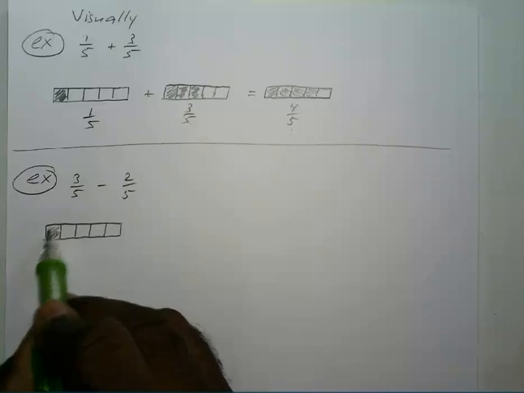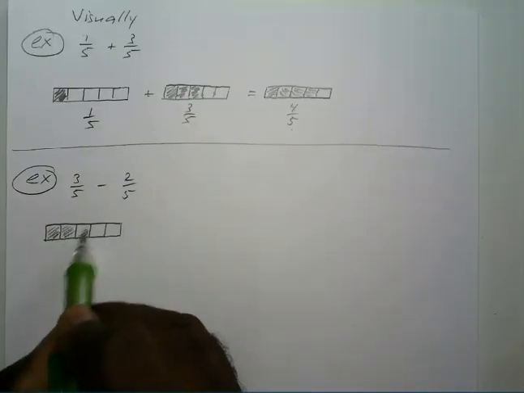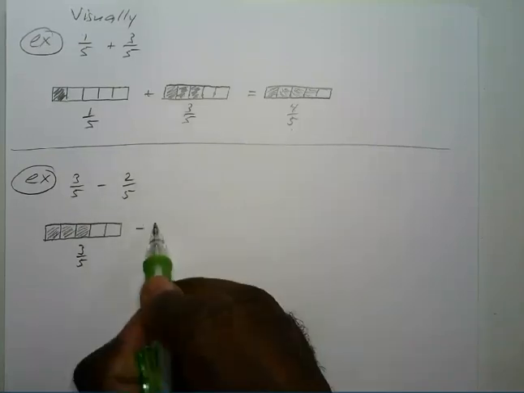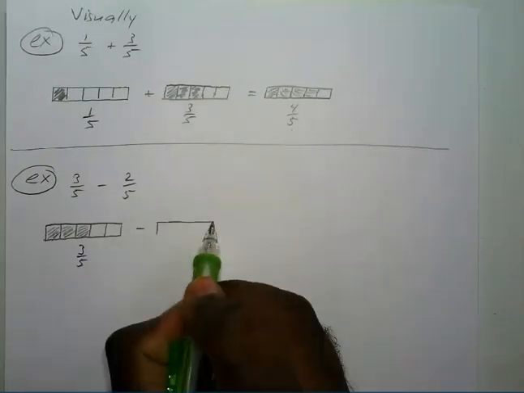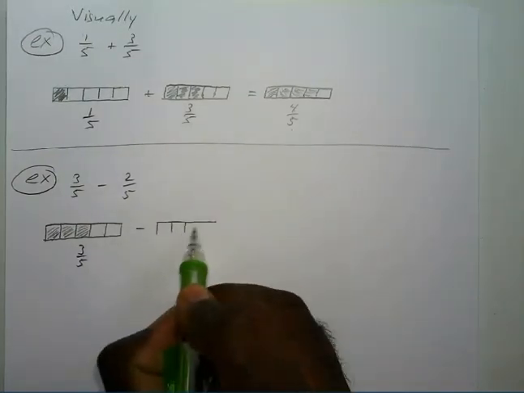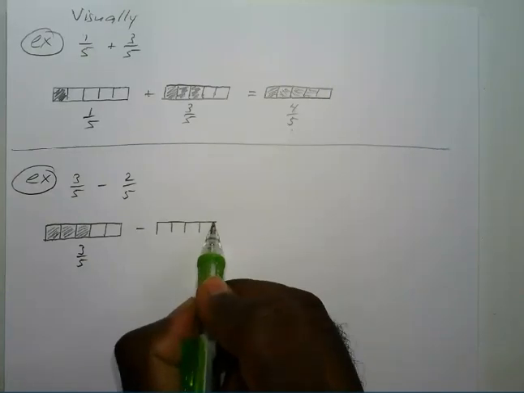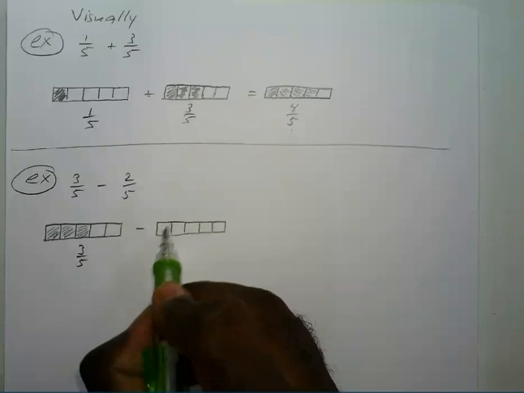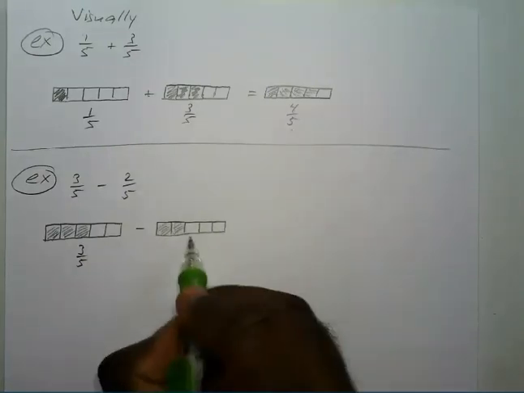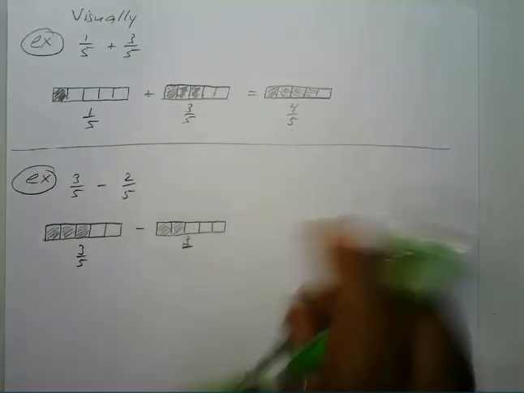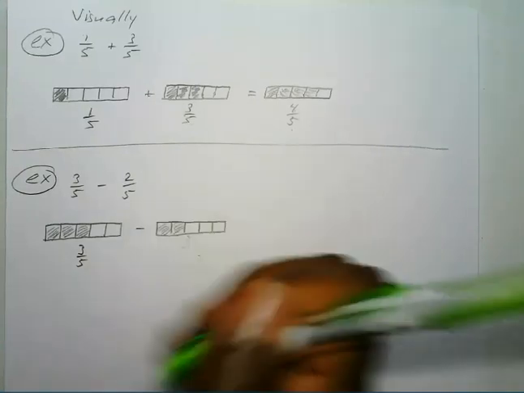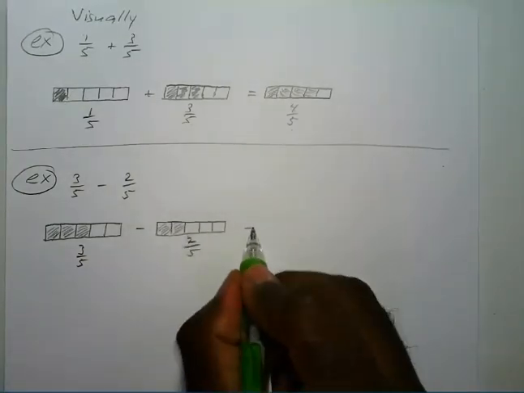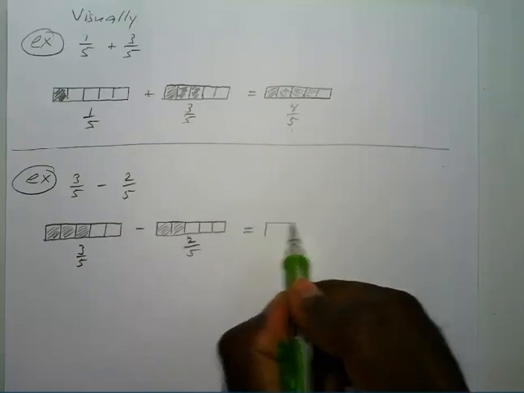So we have 3 shaded over 5 total, minus 2/5. So we have 2 shaded over 5 total. Uh-oh, that should be a 2. And that's going to equal,